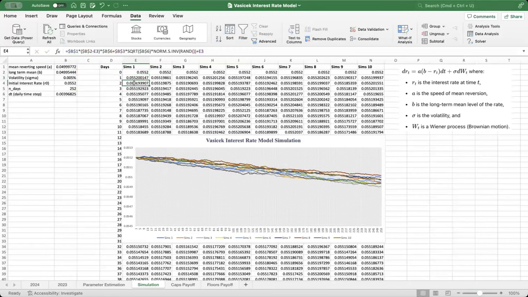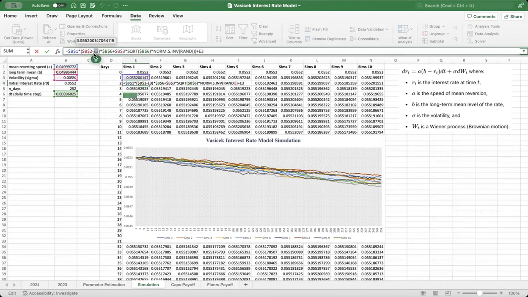So now how to find the interest rate on day 2? It is the same equation, only the factor that will be changing is our r. So if you see, let me show. The interest rate, this r_t term, is the only thing that will change. Otherwise, a will remain constant, b will remain constant, our dt will remain constant, sigma will remain constant, and in